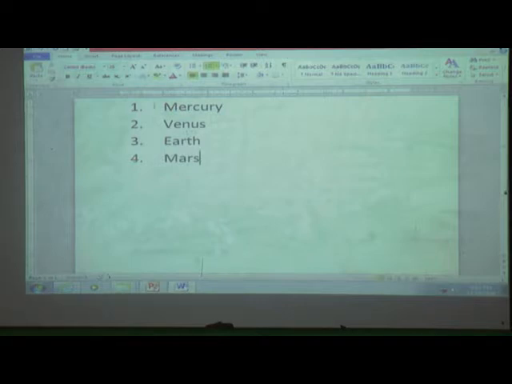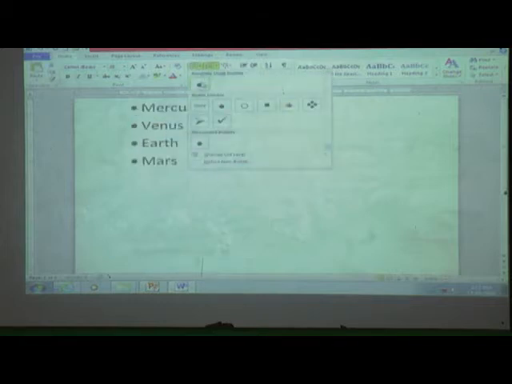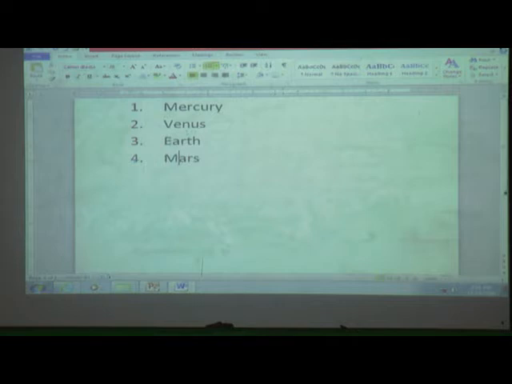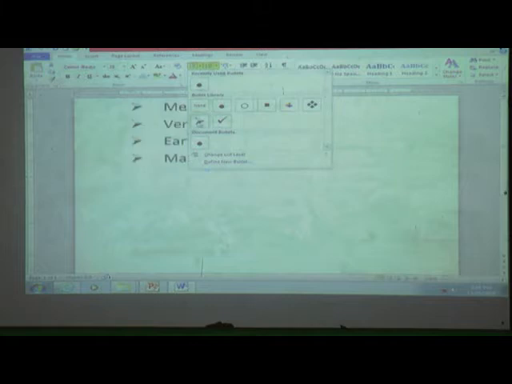Instead of that, we can use bullets also. See here where it changes. Firstly, for each and every change, we must select. This is not a single word. We must select all of this. How to select all this? Place the cursor before the first letter of the word and then drag the mouse to the last letter, and then select the number or bullets.